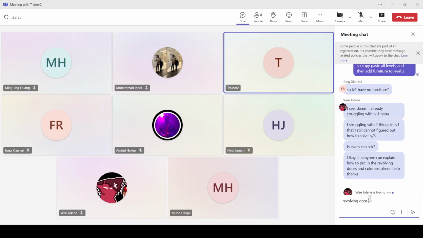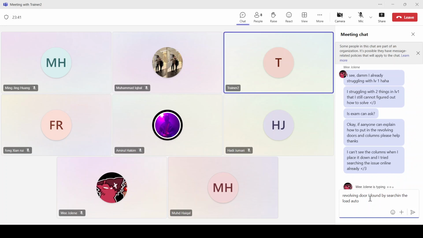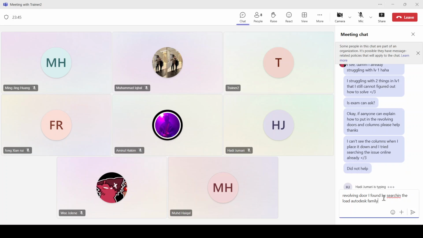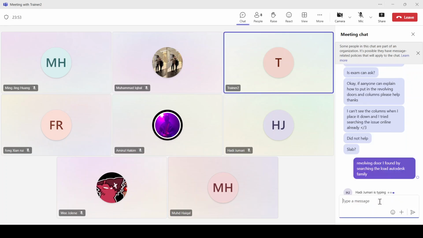Okay, guys, so I will share my... No, you have to go to the plan. You need to have a slab. Jolene, you have to check also the properties of your architectural column.